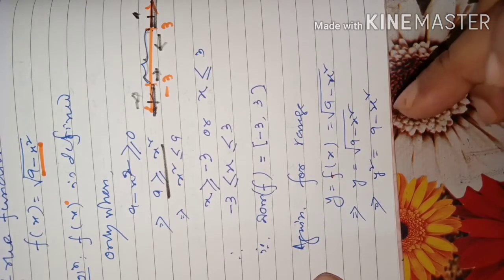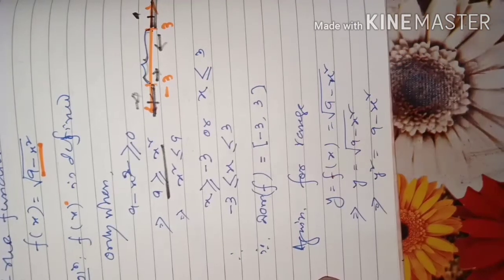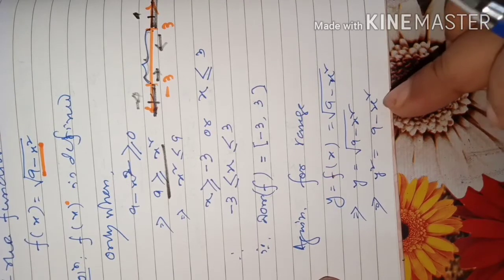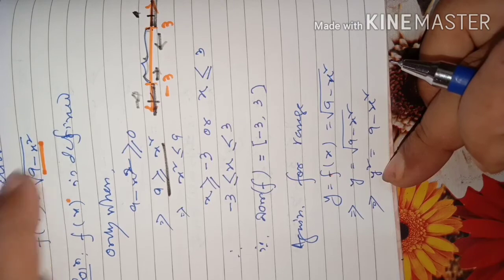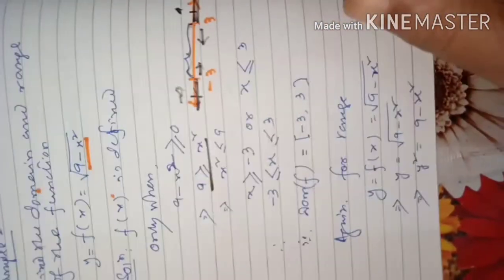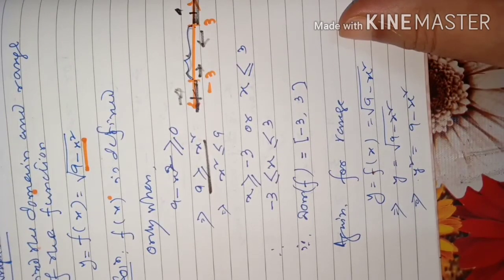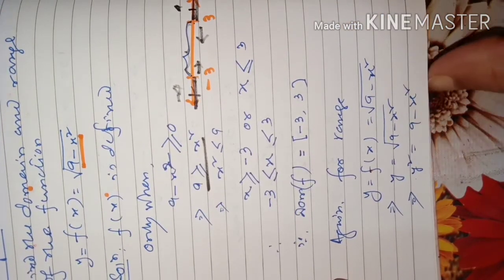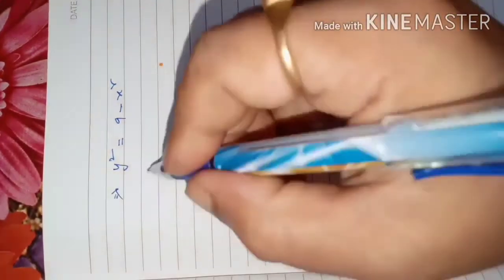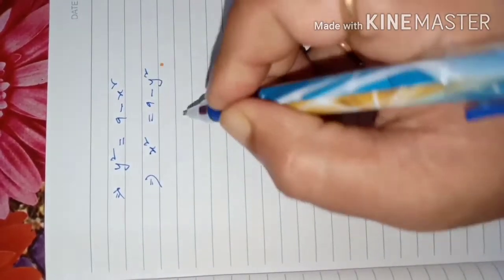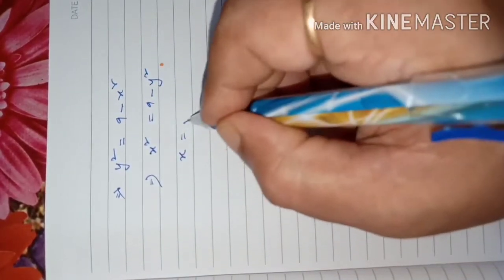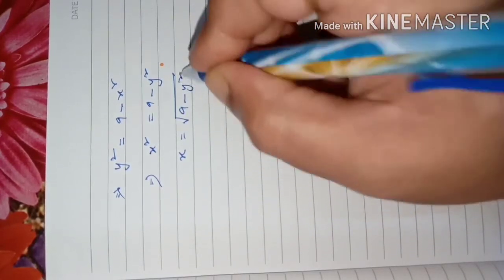From here, express the x in terms of y. That is an important portion. Means what I am saying, express the x in terms of y. Like here it was y in terms of x. This is y in terms of x. Then we will express the x in terms of y. Okay. So let us isolate the x from here. So from here, if we isolate the x, then x square will be equal to 9 minus y square, or x will be equal to under root 9 minus y square.